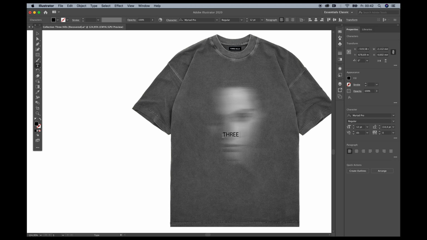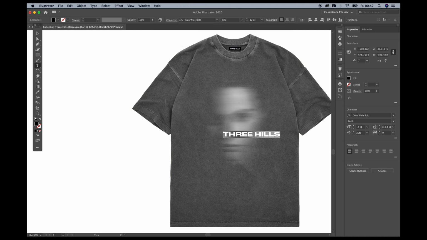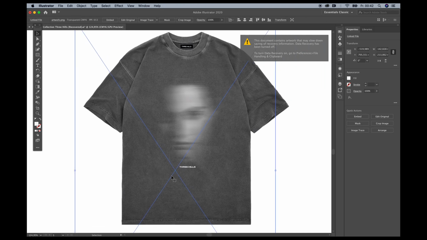brand name if you want. We put 3 Hills, of course, and the font I selected here was Druk Wide Bold. It's not a free font. You have to pay for this if you want to use it commercially. So make sure to always keep in mind that you have the rights to use the font. I think white, of course, looks much better right there. So yeah, just maybe a little smaller, so it's really just a subtle detail here, and then somewhere around here should be fine. And